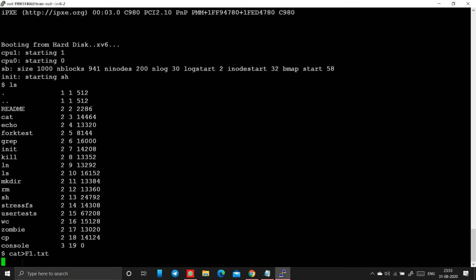See here it opened. Now we'll type something. Okay, that written text will be entered into f1.txt. Okay, I'm writing welcome to JS Tech.